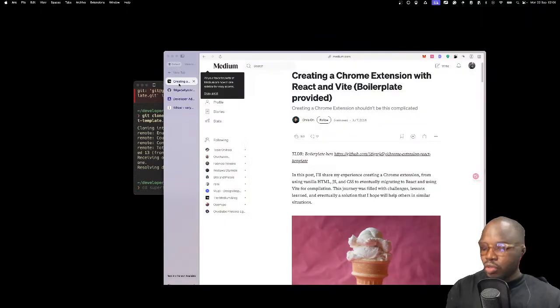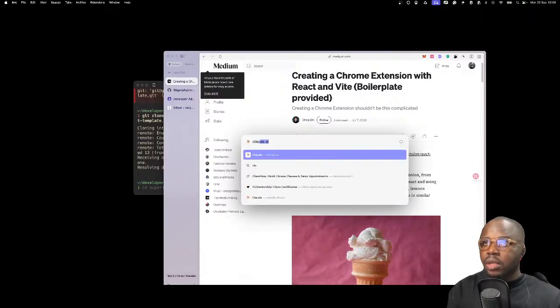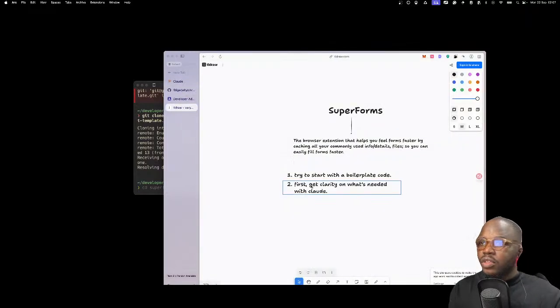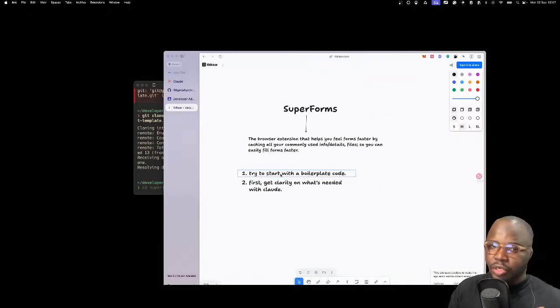So the first thing I said I want to do is to get clarity with Claude. So I actually have the chat open, but I'm going to start from scratch again so that we can see the process, right? After getting the boilerplate code, I want to have clarity on what to do. So discourse with Claude, get a spec sheet, like a PRD sort of thing. In the tech world, it's called a PRD.